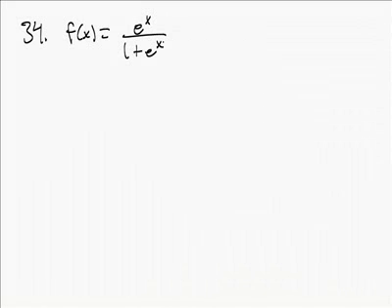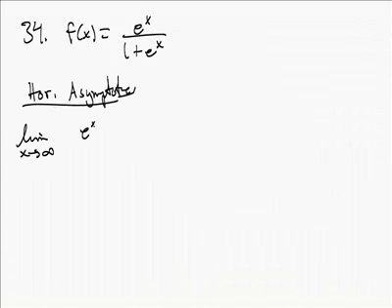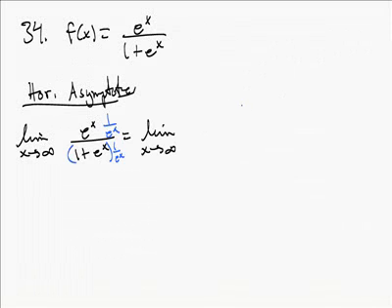We want to first find the vertical and horizontal asymptotes. Now, remember that our horizontal asymptotes are going to be the limits as we go off to infinity. So, if we look at the limit as x goes to infinity of e to the x over 1 plus e to the x, one thing we can do here is divide everything by e to the x. So what I'm doing again is multiplying by 1 over e to the x on top and bottom. So that's just going to be 1 then on top, and I'm going to have 1 over e to the x plus 1. Well, as x goes to infinity, e to the x goes to infinity, so this is going to 0 then. 1 over something getting very big goes to 0,